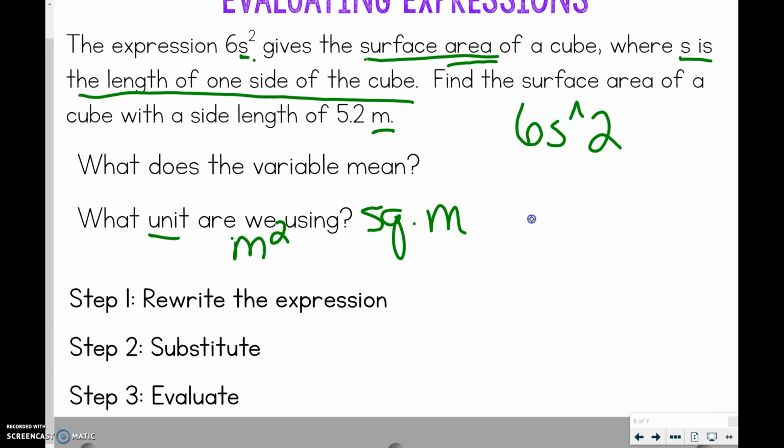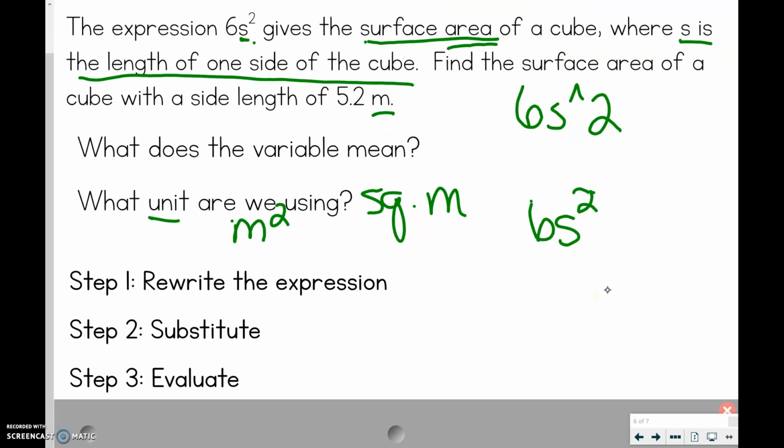So I'm going to rewrite it the way I would actually write it if I was not having to type down here. So that's rewriting the expression. Make sure that's in your digital notebook. Sorry, my 2 got a little weird. So then we got to substitute in the side length right here of 5.2. So I'm going to do 6 times 5.2